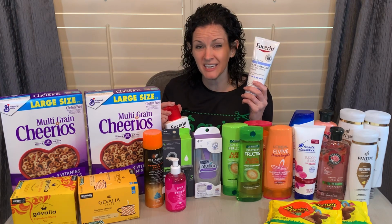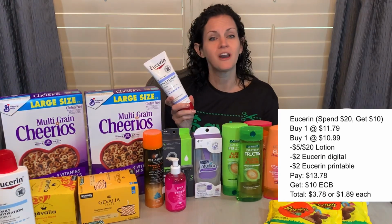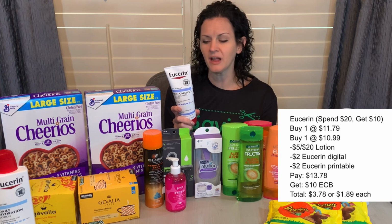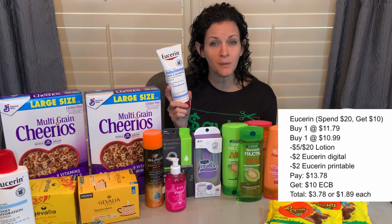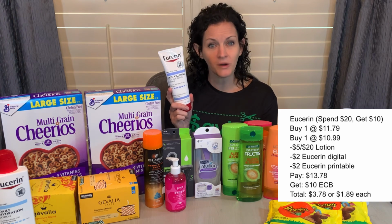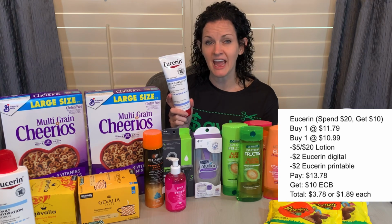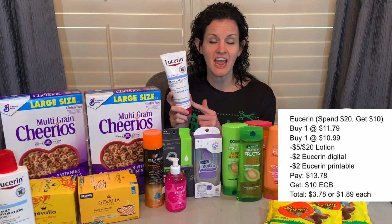That was the cheapest item at my store. Your store may have cheaper items, but I grabbed 1 of each. Now, I had a CVS coupon for $5 off a $20 lotion purchase, so that applied. I then had a $2 Eucerin digital coupon, and then I printed out a $2 Eucerin printable coupon from coupons.com. So I paid $13.78. I got $10 in extra care bucks back, making it $3.78 for both of them, or